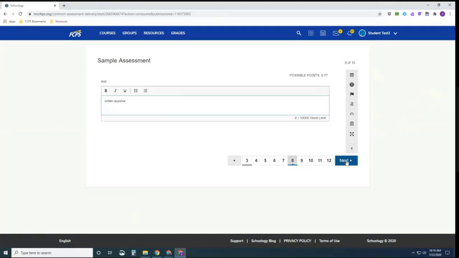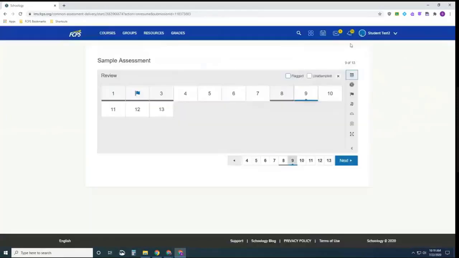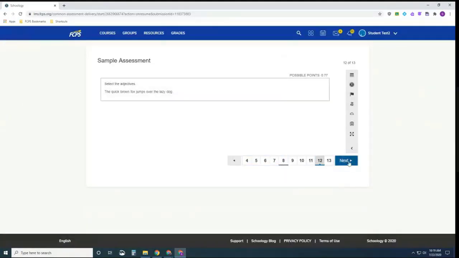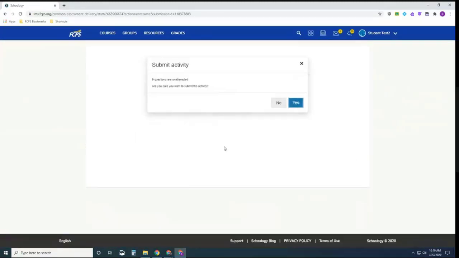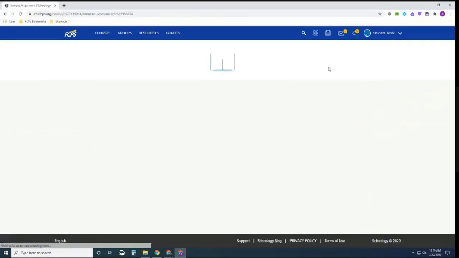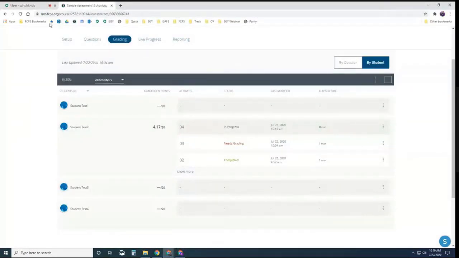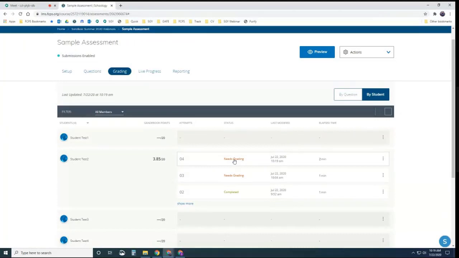So let me just submit this. I'll go to the review area here, next review, and then finish. You got to go to the last question in order to get that actual submit option. I'll just say yes. So from the teacher point of view, when I go refresh, so when I go to that student